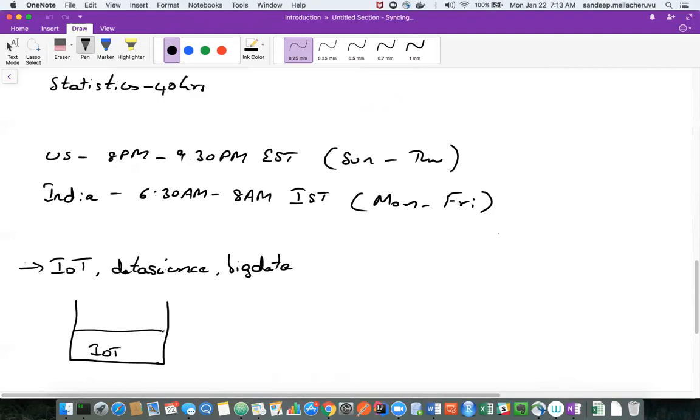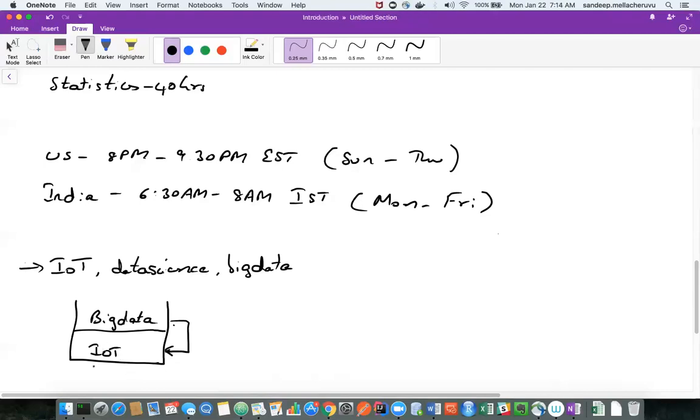Once you have collected a lot of data from various devices, then comes how to process the data. There, big data comes into the picture. When I write this in a stack format, what it means is big data is utilizing the underlying IoT to process the data.